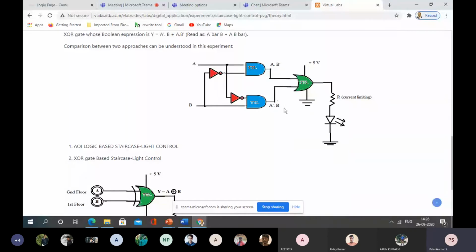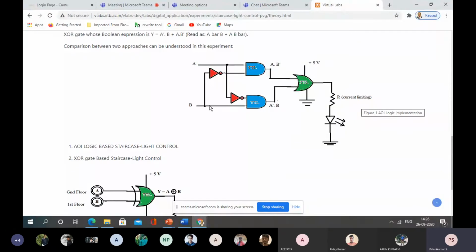0 0, automatically here 0 only will come. Whenever we are adding 0 plus 0, that also will be 0. So that means if both the inputs are high, I will get low output. If both the inputs are low also, I will get output low. So both inputs low, output low. Both inputs high, output is low. At least either one of the inputs should be high, then only I'm getting the output.